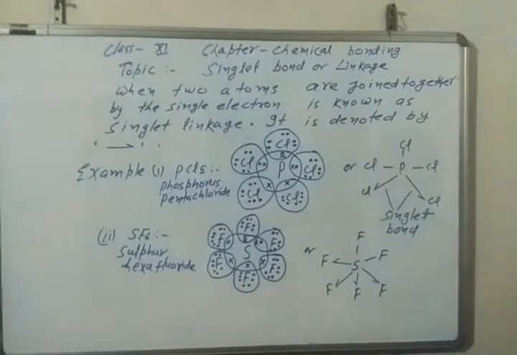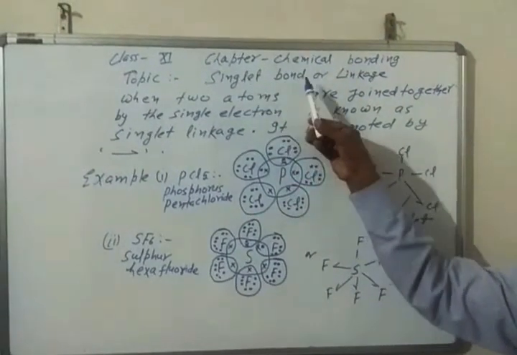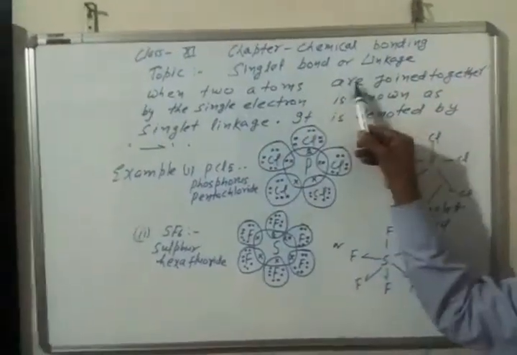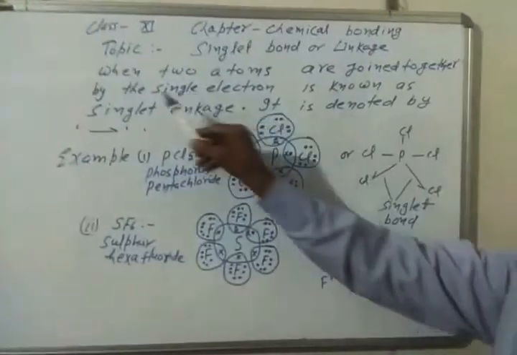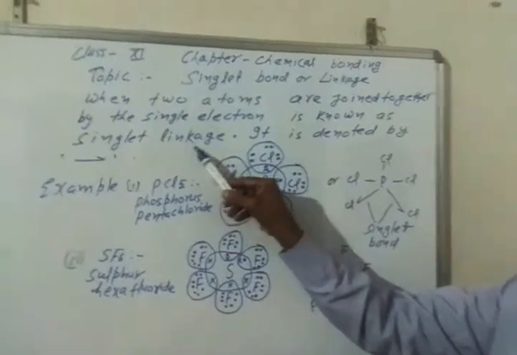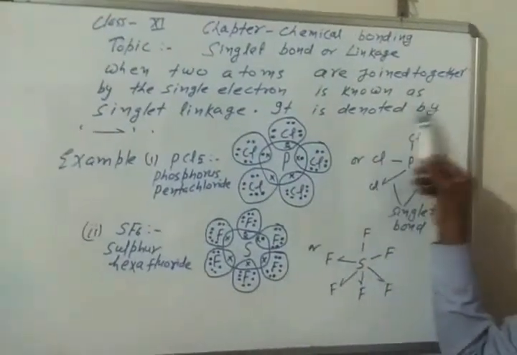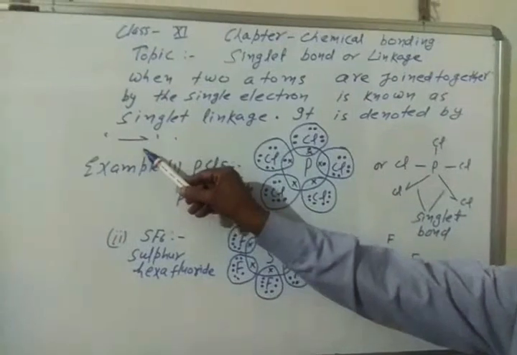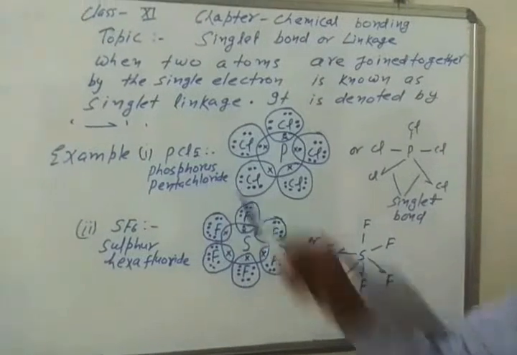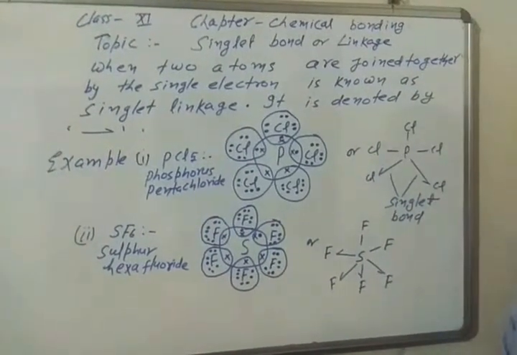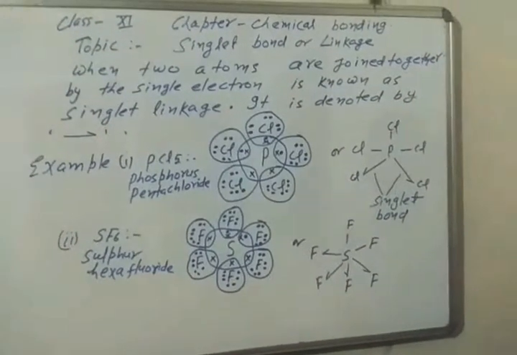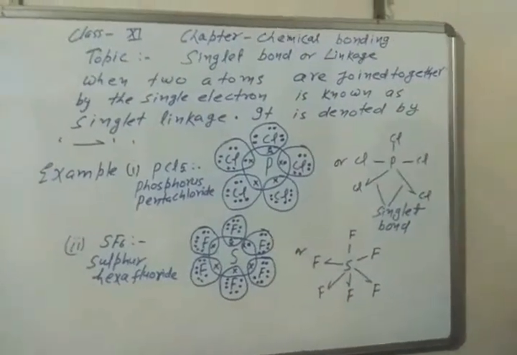Another type of chemical bond is known as singlet bond or singlet linkage. When two atoms are joined together by a single electron, it is known as singlet linkage. It is denoted by a half arrow. Example, PCl5, phosphorus pentachloride. When PCl5 is heated, two chlorine atoms are eliminated easily and the rest three chlorine atoms are